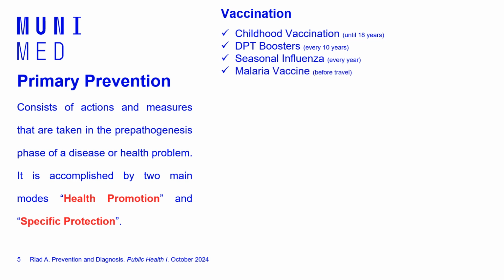The malaria vaccine is a very new vaccine which was approved a couple of years ago, and it is recommended to be given before travel, especially if you are traveling to high-risk areas or high-risk countries. For example, if you would like to join a medical convoy or volunteering camp, then before you go to volunteer, you need to make sure that you are properly protected.